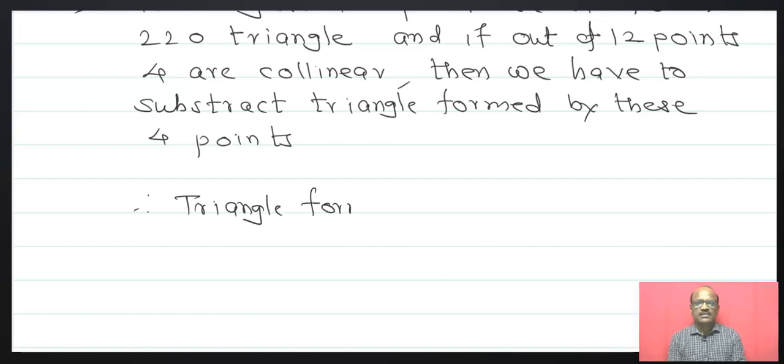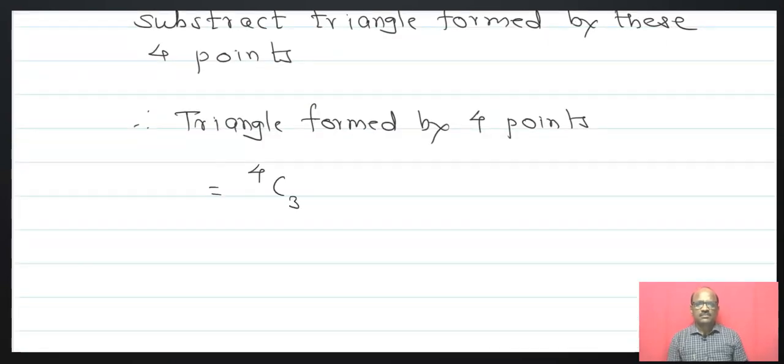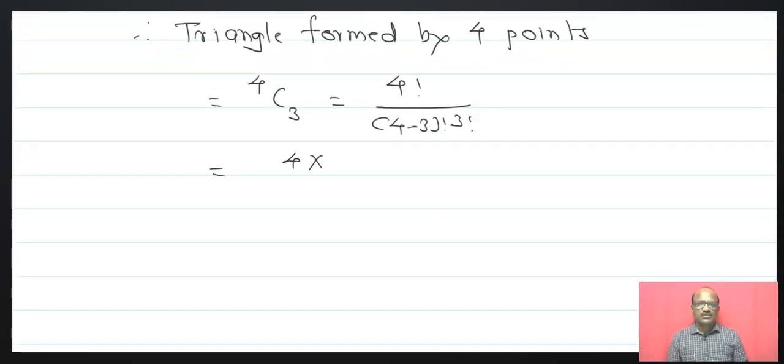That is a triangle formed by the 4 collinear points. That is 4C3, 4 factorial upon (4 minus 3) factorial into 3 factorial, that is equals to 4 into 3 factorial. These two get cancelled. You will get 4. Therefore,